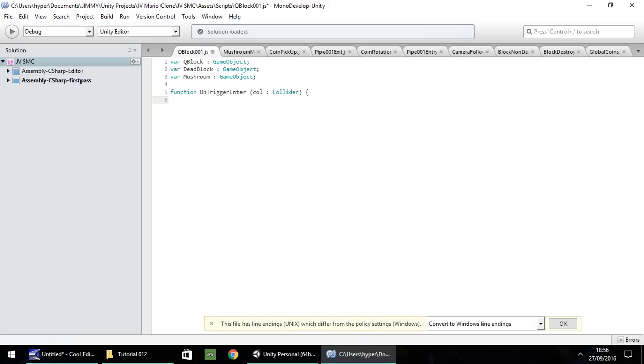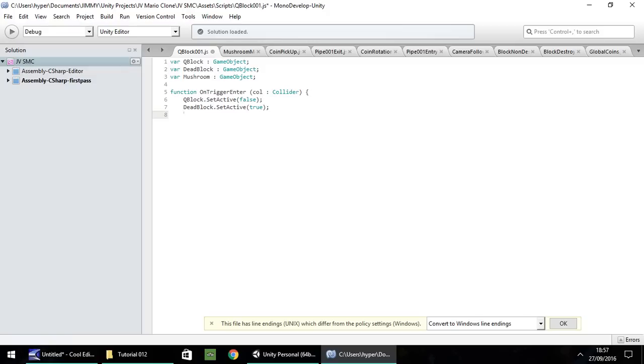In fact, no, we'll start with the Q block just to be sure. So Q block dot set active, and this one needs to be false. So we need to turn off the question mark block. Then immediately after, or literally in the same frame, as it were, we need to make our dead block appear. So dead block dot set active true.